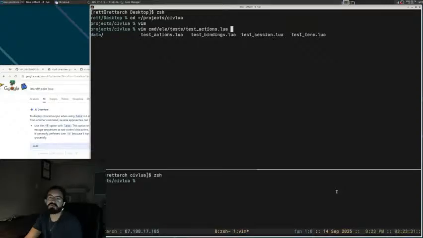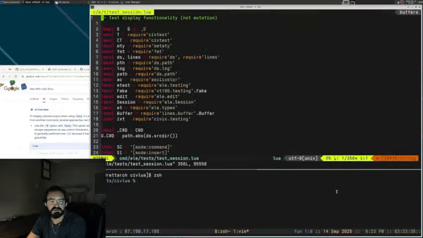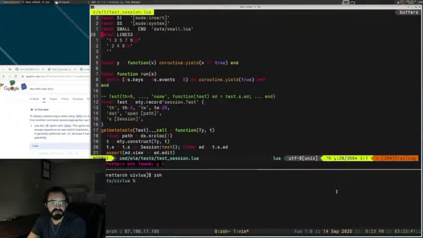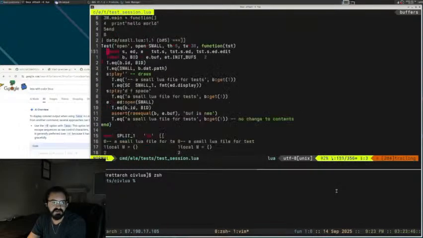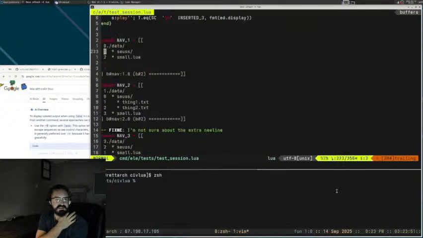Oh, where's the best place for this? You know, sessions probably. I think I have a split screen in the sessions. I don't have a G. I definitely have it. So in my test sessions, I can test that